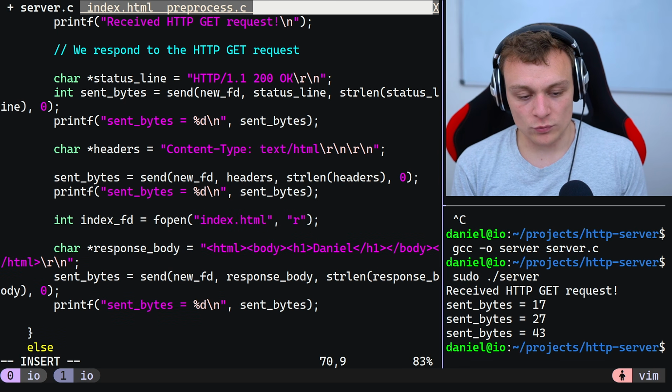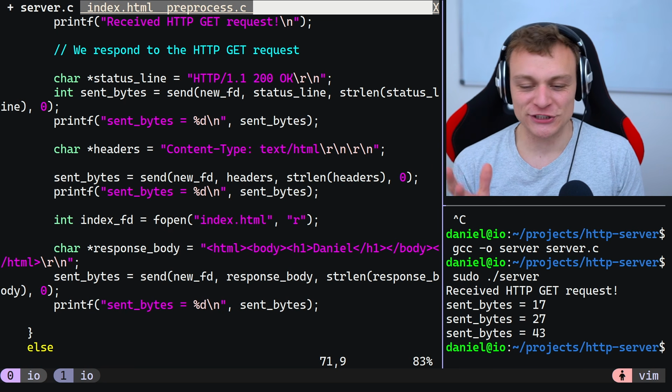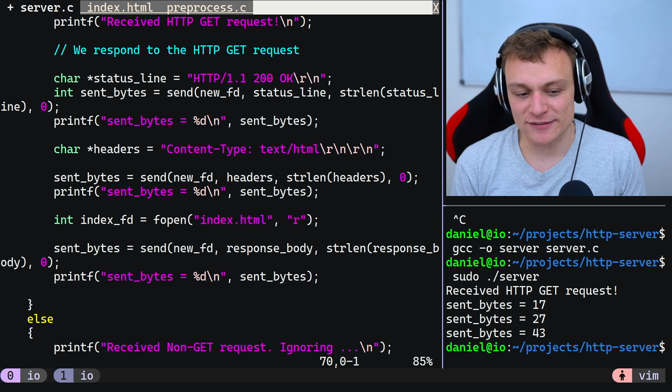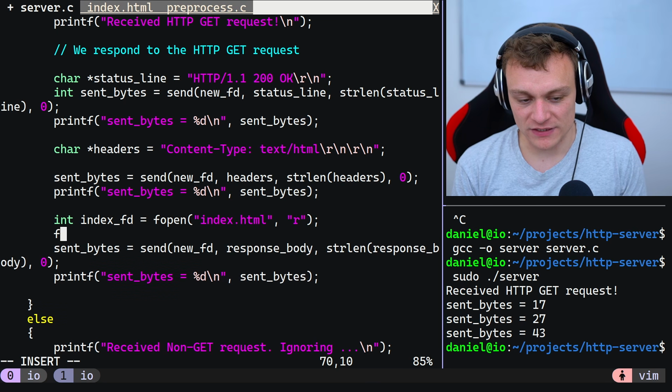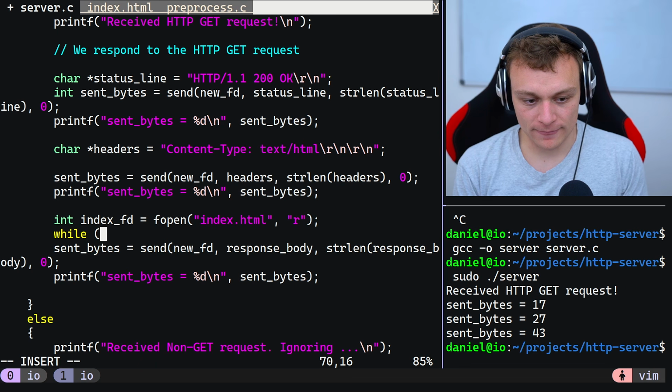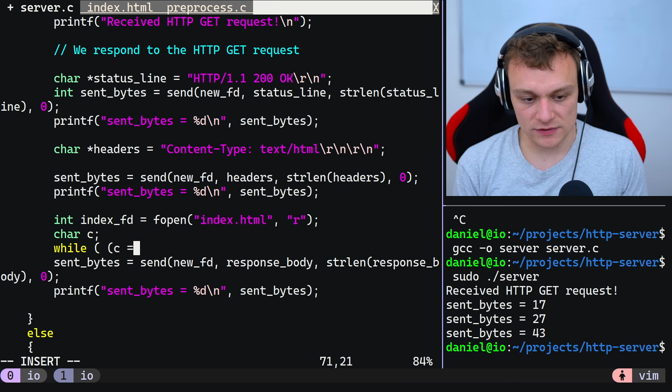And then we create a response body. Let's do it super inefficiently. The more inefficient it is, the more fun it is. Then let's just send individual bytes here. So we read, we have open from the file descriptor, and while we get characters from the file descriptor. Let's call it C, while C equals get character from